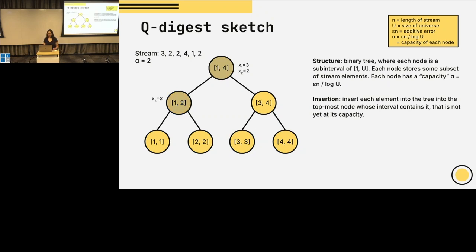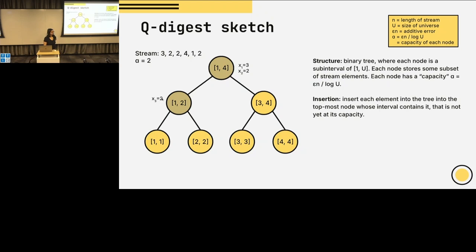Now the next element 2, we try to insert it into this path. But the topmost node is now full, so we have to insert it into the node below it. Why the left one in that case? Because the left interval contains 1, 2, so it's the one that contains the element 2. Like we're inserting the element x3 equals 2.